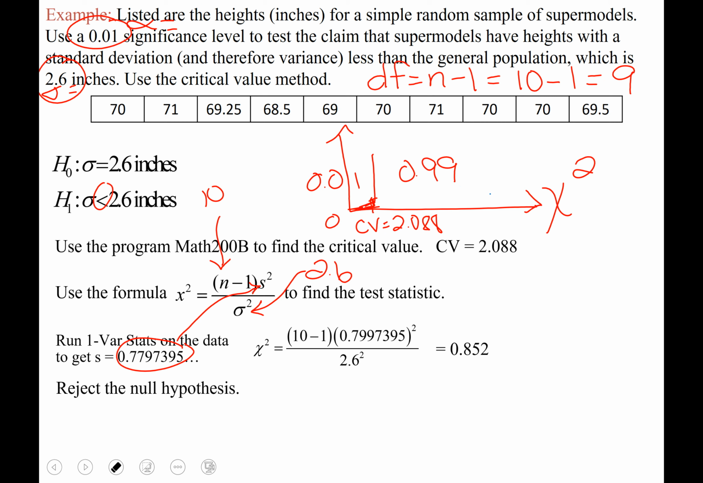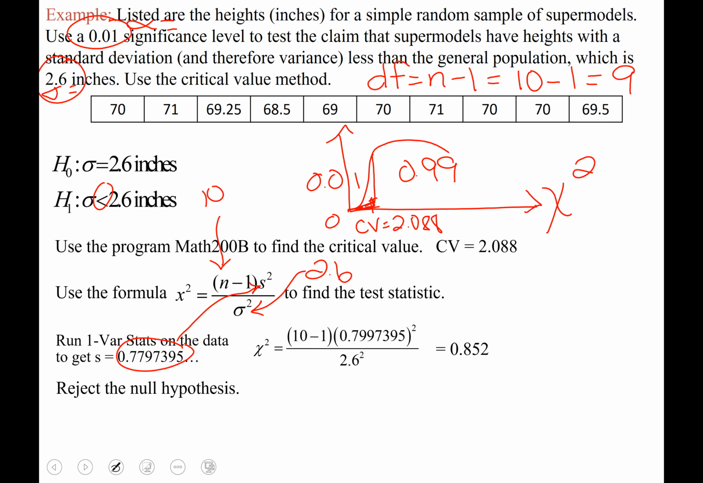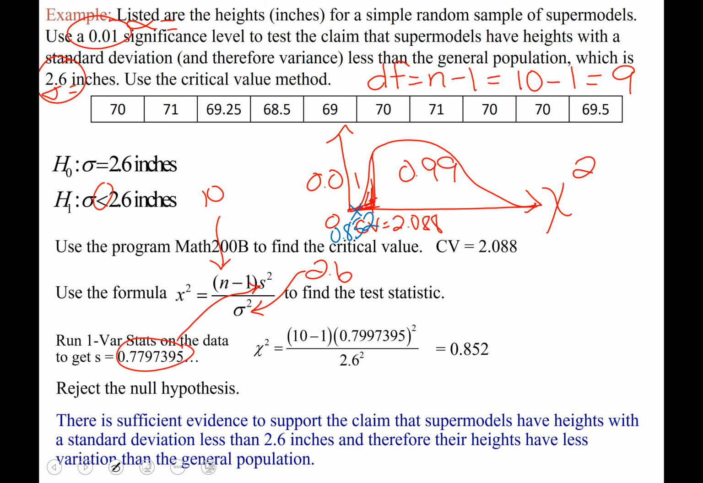Oh no. That back up there. Okay, rejection region here. Going back to blue, our test statistic of 0.852, my apologies, does lie in the red rejection region, 0.852. So we will reject the null hypothesis, and we would word our conclusion: there is sufficient evidence to support